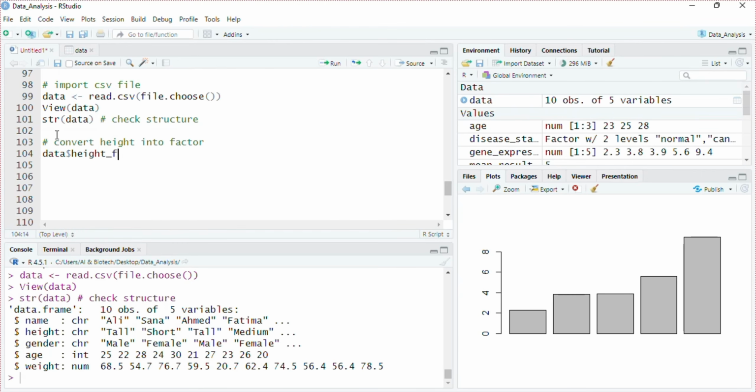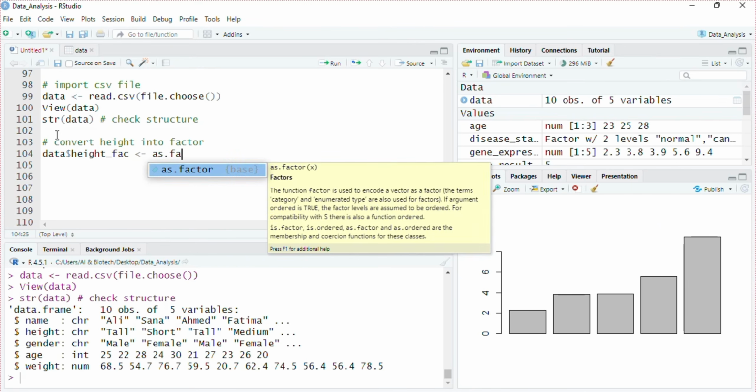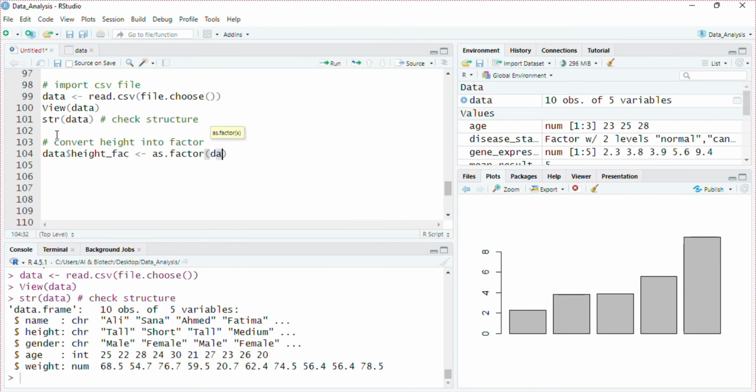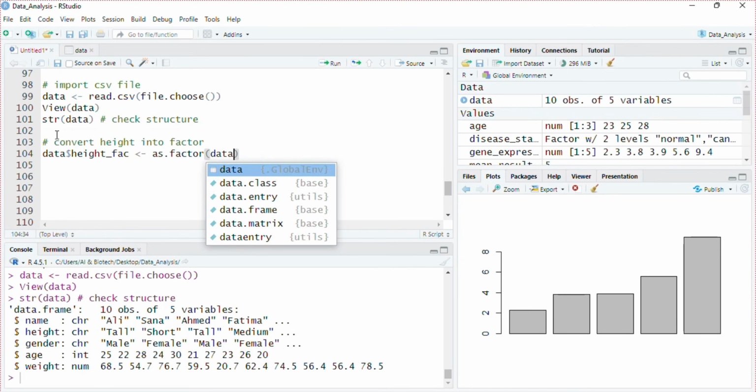Next, we will relevel it. as.factor, data with column height. We want to convert this data column into a factor. Let's check our data.